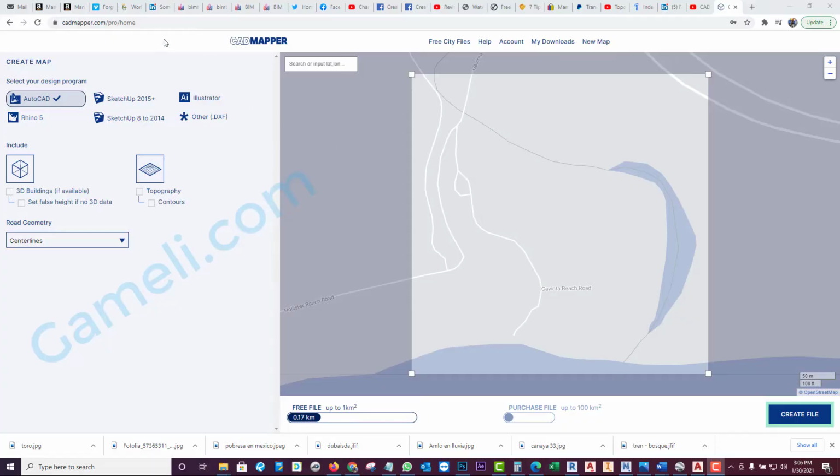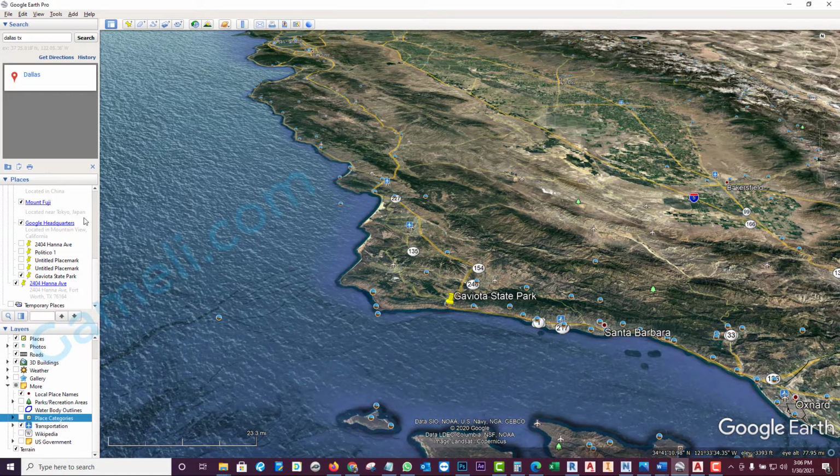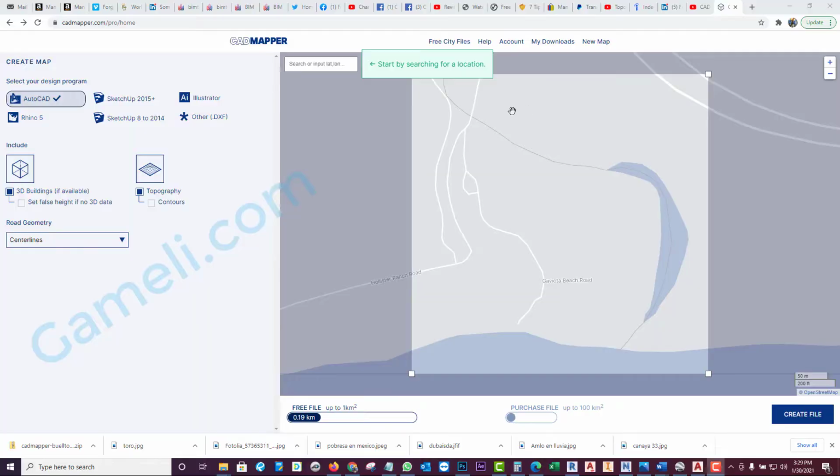We are going to use this website to pick up the terrain. It's called CADMapper. As you see, I already located the site. Observe this dark part and also this road, so it corresponds. When you are ready to export this area, make sure you select AutoCAD, 3D buildings if available, and